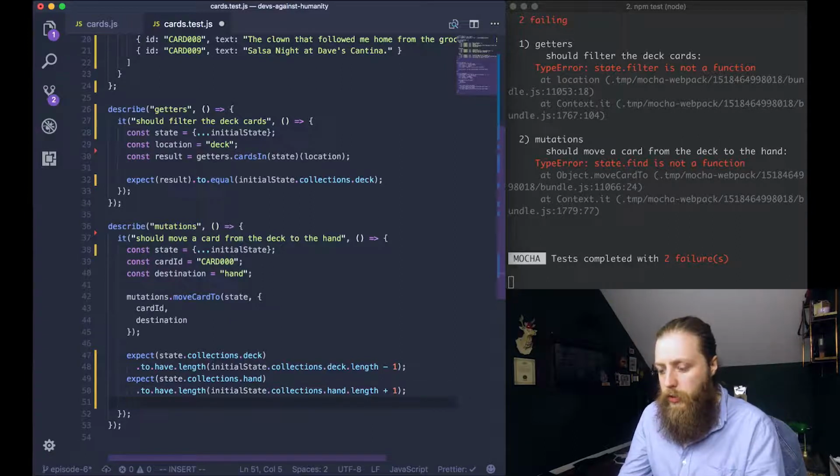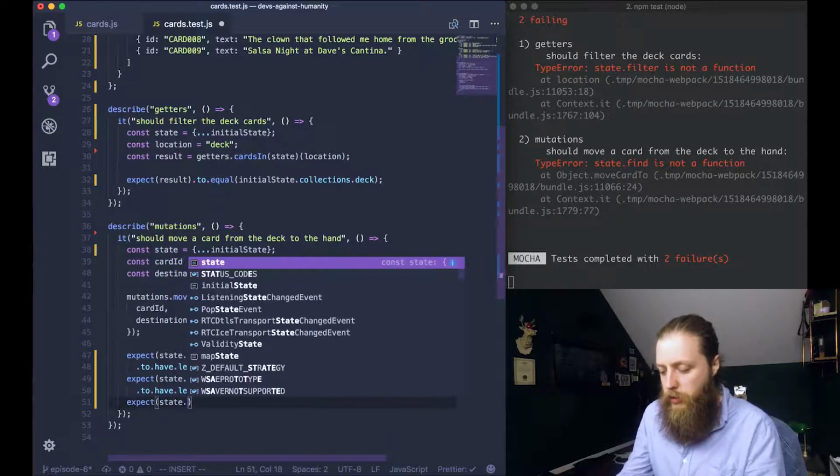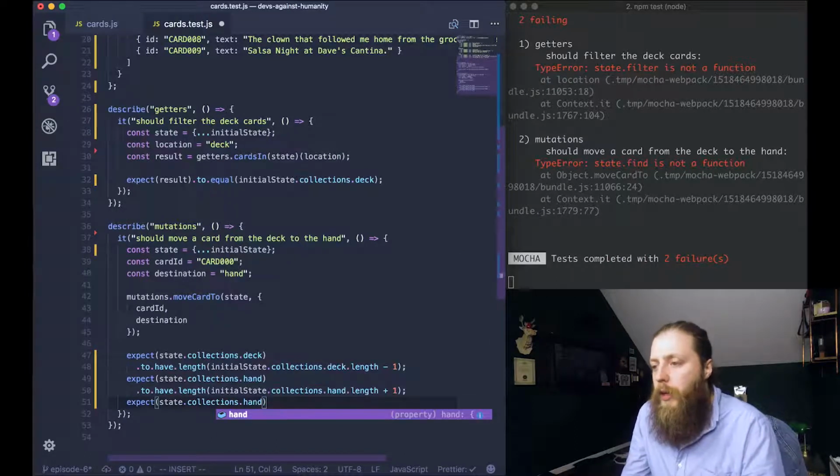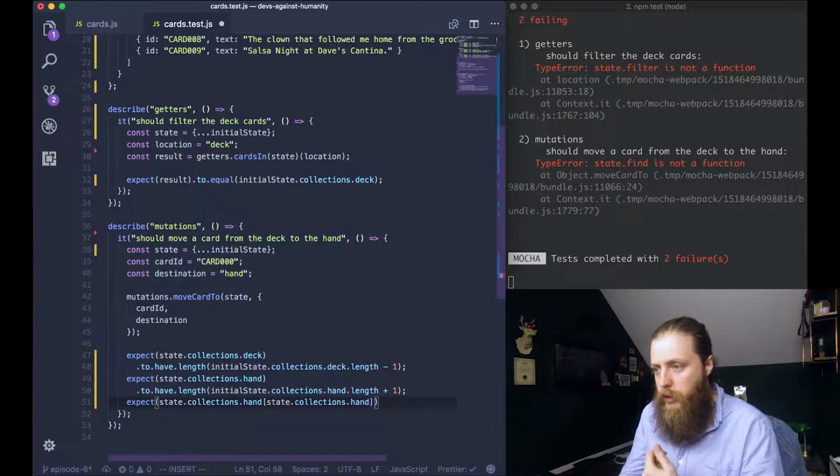And we also expect state.collections.hand, the last element in the hand